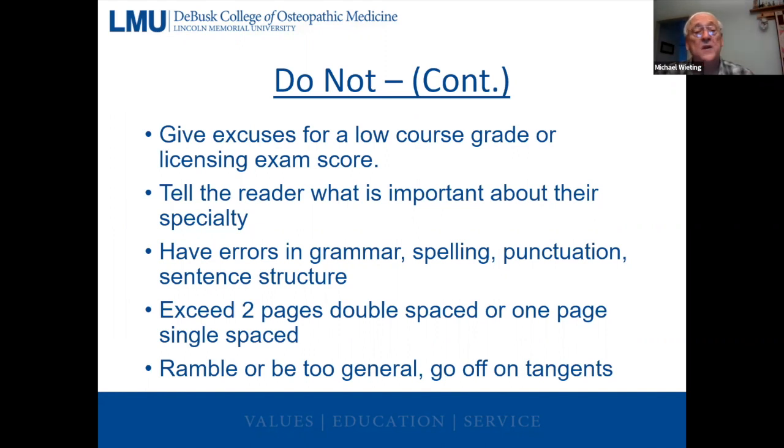So don't do that. Now, in an interview, you might be asked, well, I noticed you made a C in the neuro system. There's a lot of neuro in PM&R. So what happened there? Okay, you can answer that question. That's fine. I would not answer it saying that neuro course director was a real jerk. I wouldn't do that. But just tell the truth, whatever it is, and don't blame it on anybody else. You need to be accountable for what you do. But in a personal statement, you don't want to talk about that because that's not relevant.